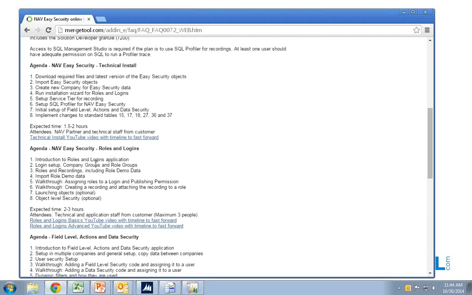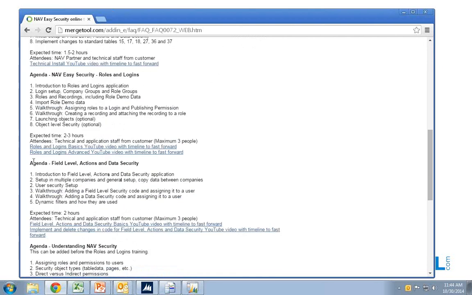The other part is the roles and logins, and we will do a portion in our system, but we will do probably two-thirds of the whole training inside your database. So when we run the install wizard as part of the technical part, we can do the training directly in your system. It's 2 to 3 hours to go through that training, and we have videos for all the things that we normally do.